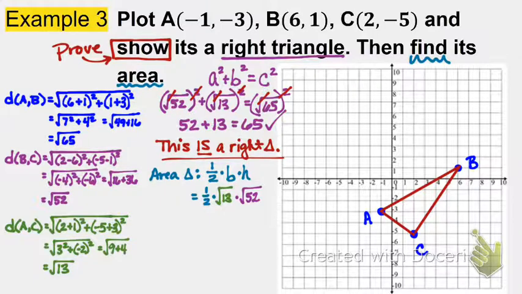Can I simplify the square root of 13 at all? No. What about square root of 52? Tell me a perfect square that will go into 52. 4. This would be 4 times what? 13. 4 times 13. So I'm going to rewrite it like that. So I'm going to have 1/2 times the square root of 13